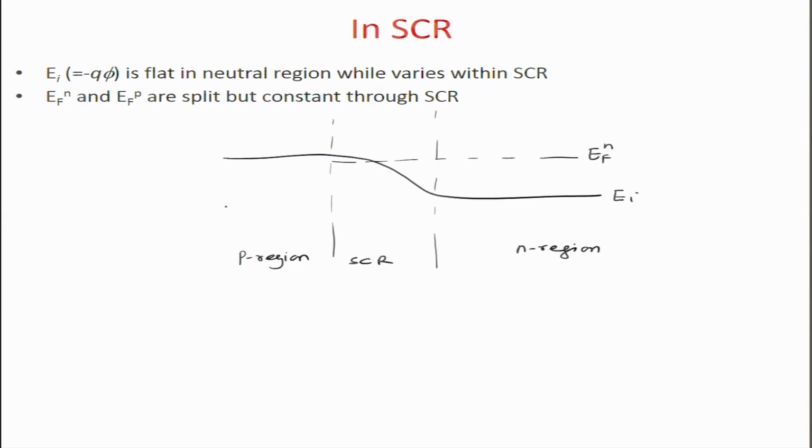Whereas the EFP on the other side, since this is the P side, is lower, right, because this is the P side region. So, it is going to be P rich. The Fermi level for holes is going to be lower on this side. Now, in equilibrium both these Fermi levels match, right, but when the equilibrium situation is not there,